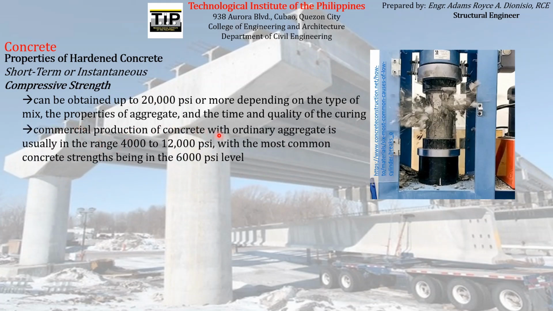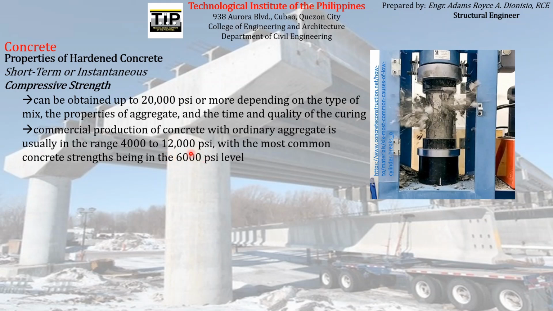Commercial production of concrete with ordinary aggregate is usually in the range 4,000 to 12,000 psi, with the most common concrete strengths being in the 6,000 psi level. So we can see the common concrete strengths that are being produced commercially. Actually, it can start as low as 3,000 psi to 12,000 psi, with usually the most common compressive strength being